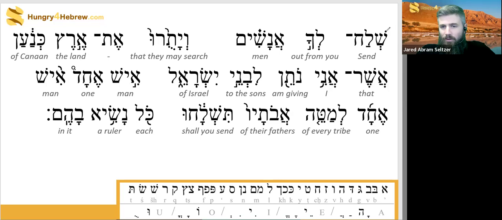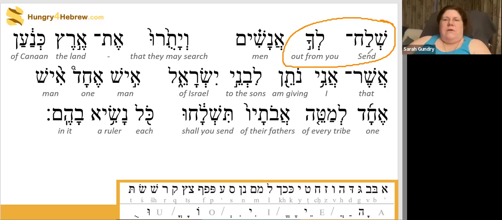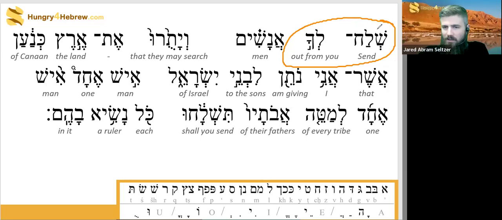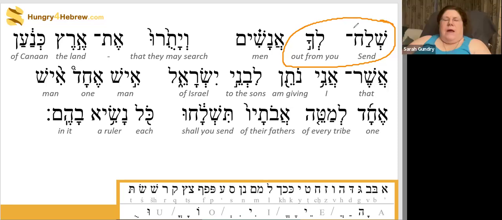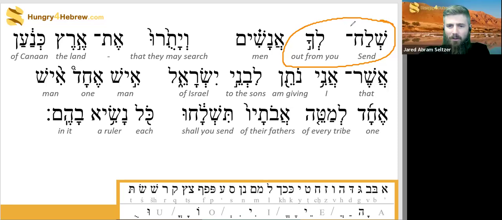All right, so there's the section right here. There are the words after which the parasha is named, the first significant words of the section. What kind of a word is shlach? It's an imperative. It is. What binyan does shlach belong to? Pa'al or kal, the easy binyan, no fancy bells or whistles.